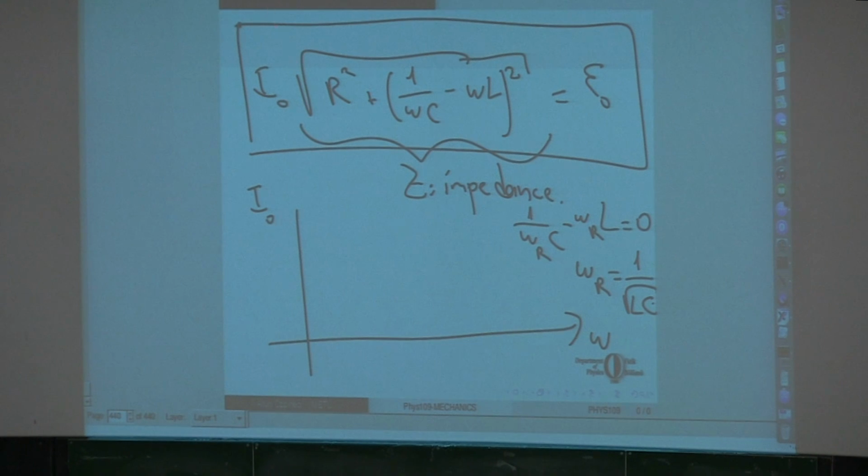The same thing happens over here. If you force the charges in a circuit to oscillate at their natural frequency, the amplitude will increase in time. And the maximum amplitude that you will reach, if you will have such a dependence, this is where you have the omega R. This is your resonance frequency. And the maximum value will be nothing but